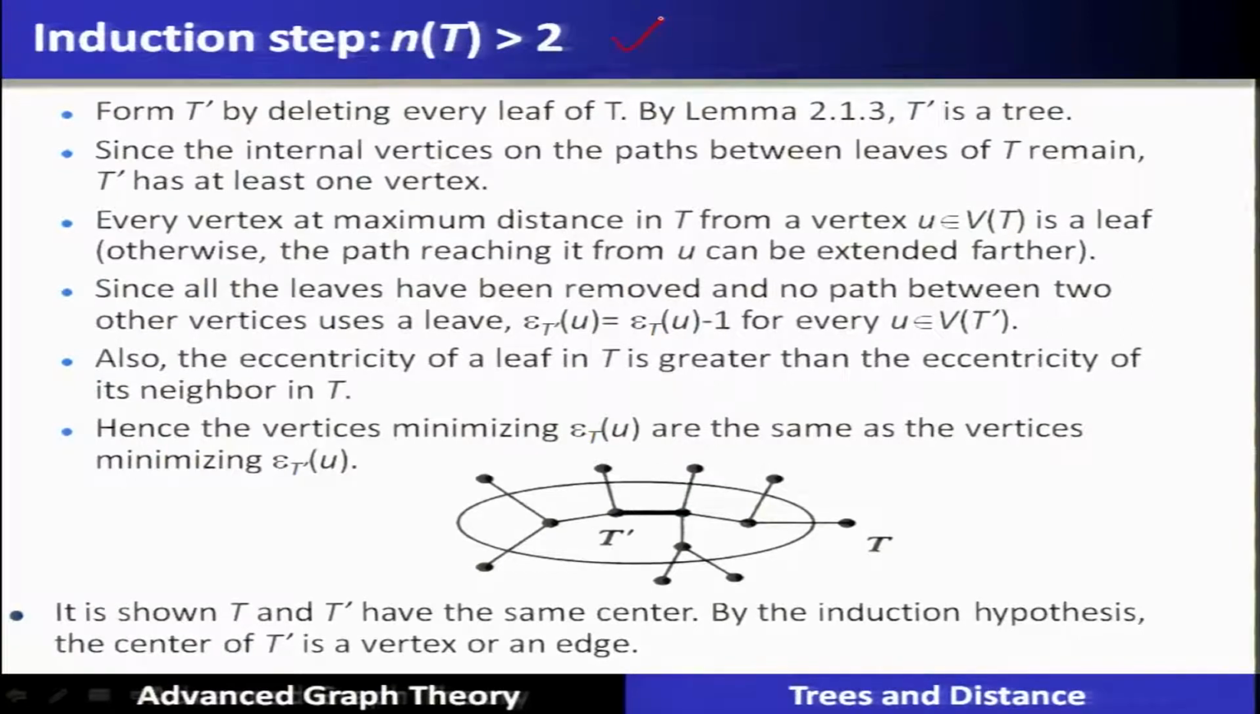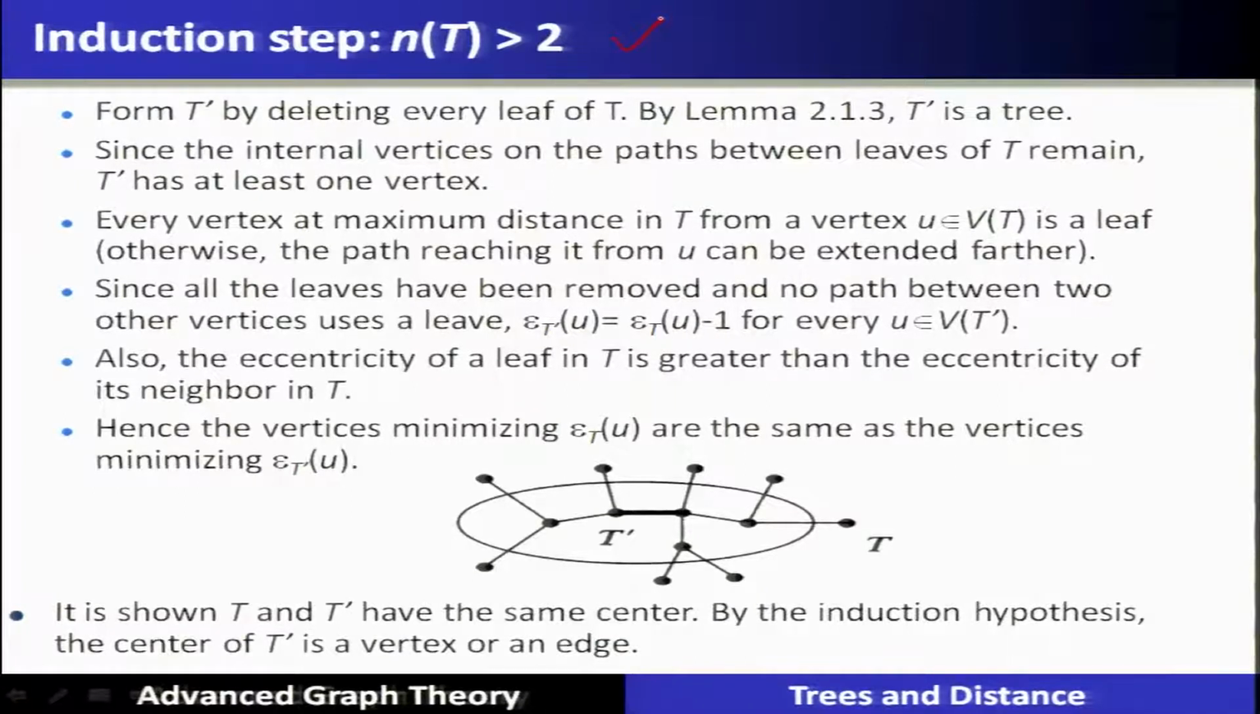Then every vertex at the maximum distance in T from the vertex U of that particular tree is a leaf. If not, then it will complete a cycle. That means the maximal path property. Since all the leaves have been removed and no path between two other vertices uses a leaf, hence the eccentricity of the remaining tree, that is T prime, will be reduced by 1 for every vertex which is present in T